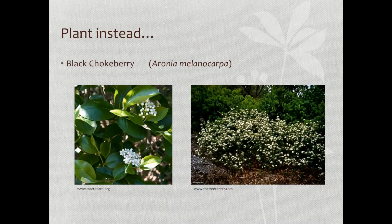This develops a purple fruit, and that purple fruit lasts a long time, and it's called a chokeberry because when the fruits first came out, they're very, very bitter. They would make you choke if you were to eat them. But over time, as that fruit stays on the plant, and particularly as it gets into the cold weather, as it freezes and thaws and freezes and thaws, it becomes sweeter and sweeter, and it actually is a very valuable